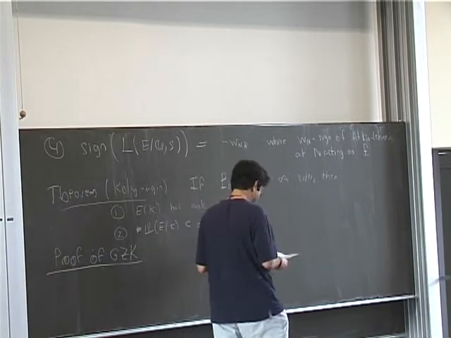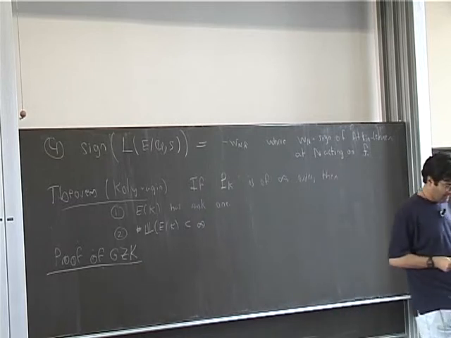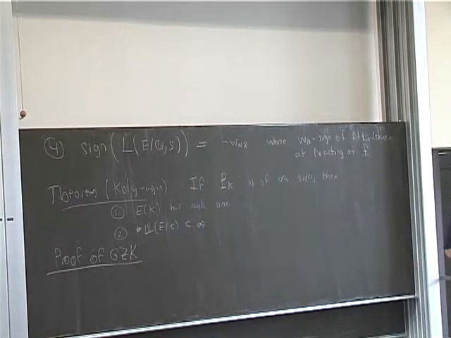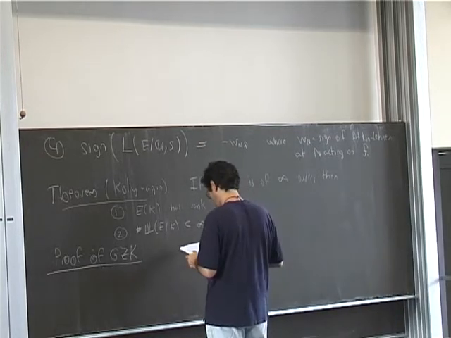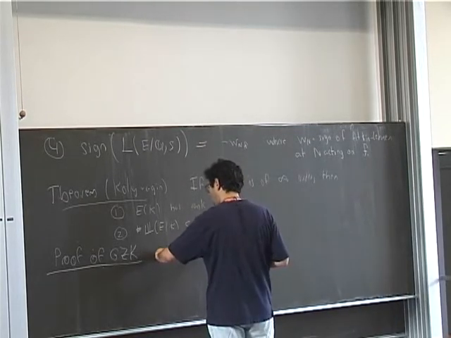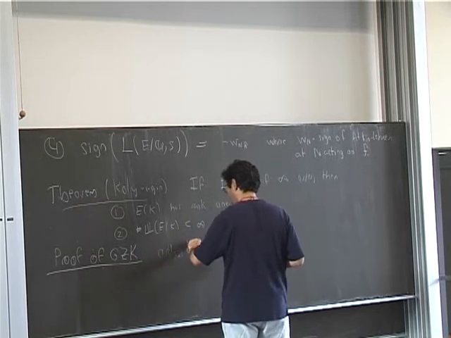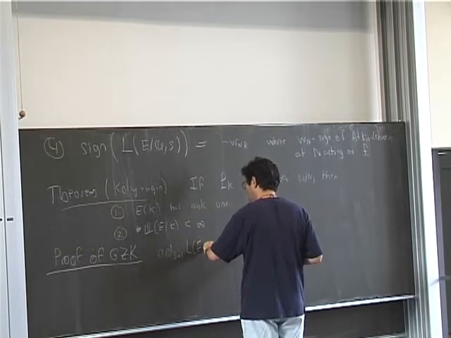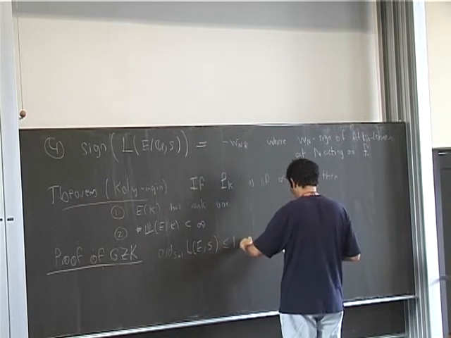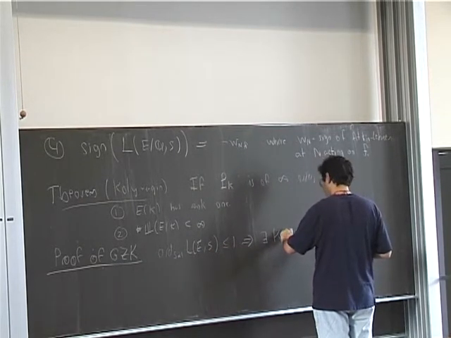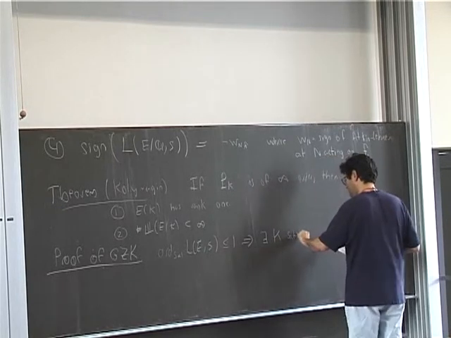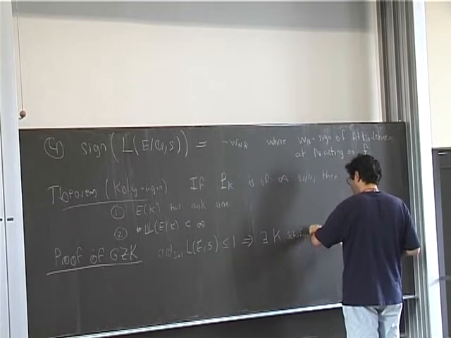So I start with an elliptic curve over Q whose order of vanishing is not too big, at most 1. So then, the fact that the order of vanishing at s equals 1 of the L series of E over Q is at most 1 implies that there exists a K satisfying the Heegner hypothesis